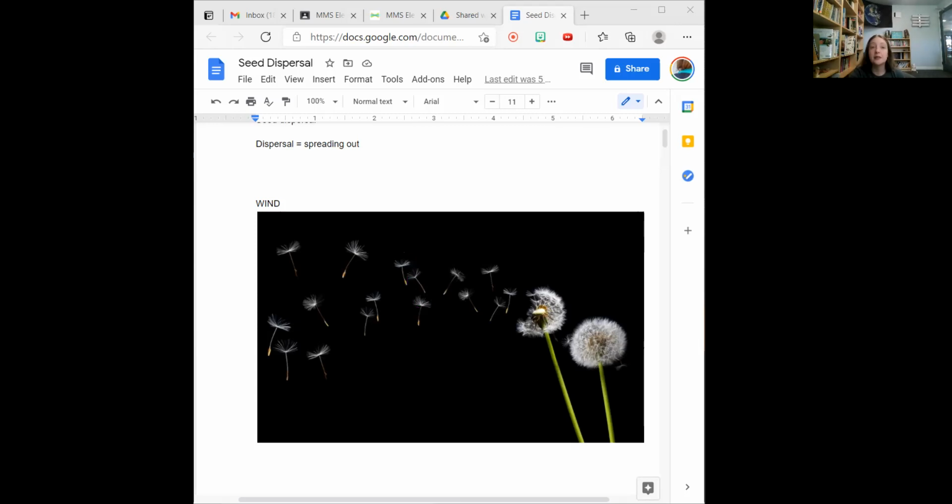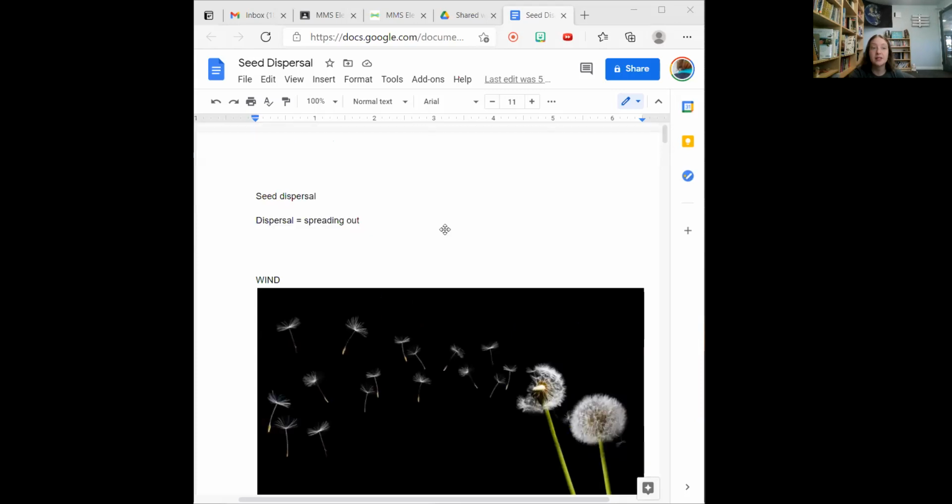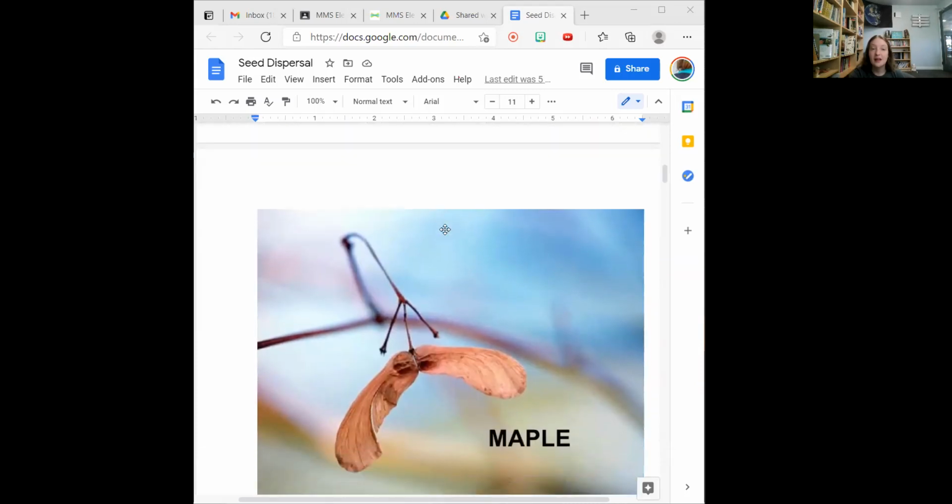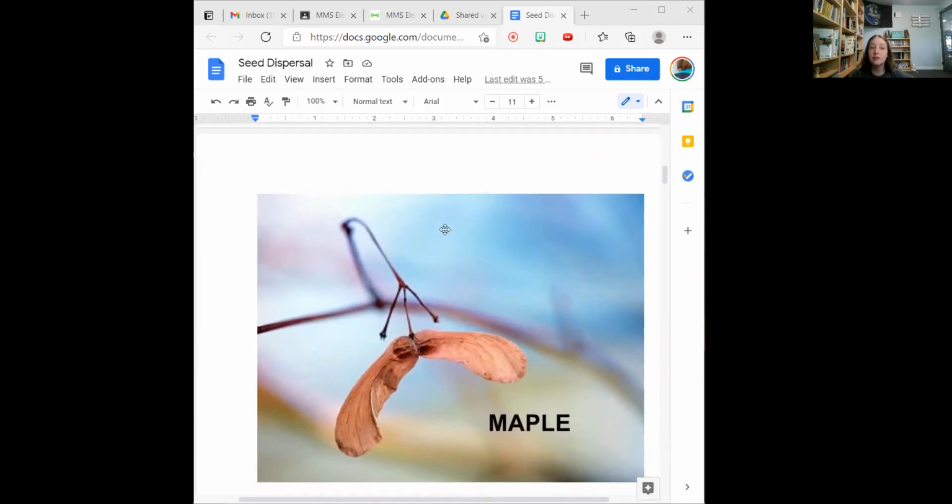Another seed that uses wind to help it disperse is the maple. You've probably seen these little things before and maybe played with them. We often call them helicopters. When a seed drops from a maple, it has the same setup as the ones that come off of a dandelion, but with a bit of a change. It's supposed to catch the wind, but not be carried up and up and up and away the same way